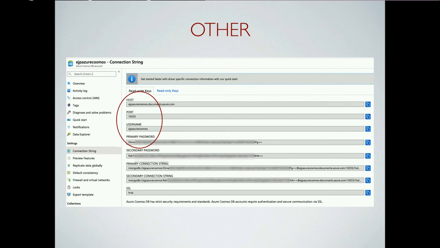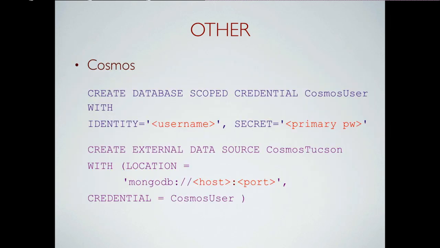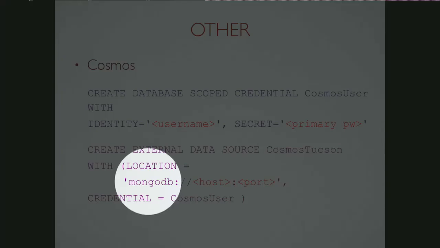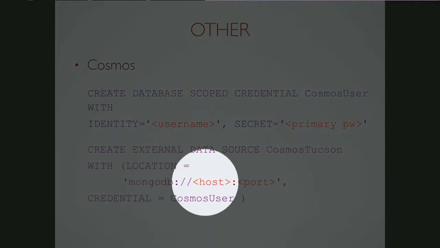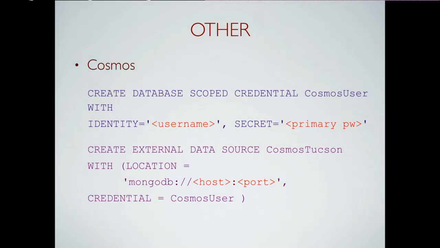And again, this is a screenshot from the Azure portal with Cosmos. You're going to have to create your credential, throw in those 4 pieces of information that I've highlighted in red. And 2 things I want to point out. One, notice that it still says MongoDB, even though it's Cosmos. Again, Mongo just tells SQL that you're using the JDK or the JRE. That's all it really does. And you give it this host name and the port number. The other thing I want to point out is that I don't have that SSL equals false, because this is Cosmos.